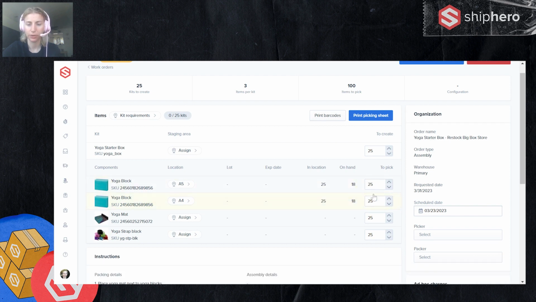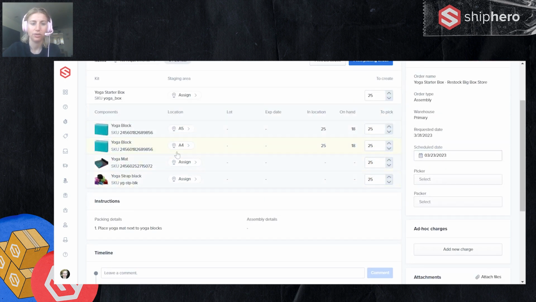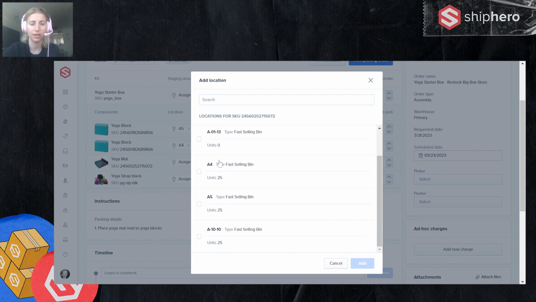The reason this is useful is there might be a situation where you're going to want to empty out certain locations, not actually use everything in another one. It's not always that you're going to be nice and clean with the 25 and 25. This allows you to take a few from a location that has more, and then maybe pick from several locations that have 3 and 4 and just kind of combine them. It's designed to be flexible. That way you can either pick everything from one location or pick them from multiple locations, whatever works for you. And then we'll do the same for our yoga mat here. We'll just go with one location for this one.